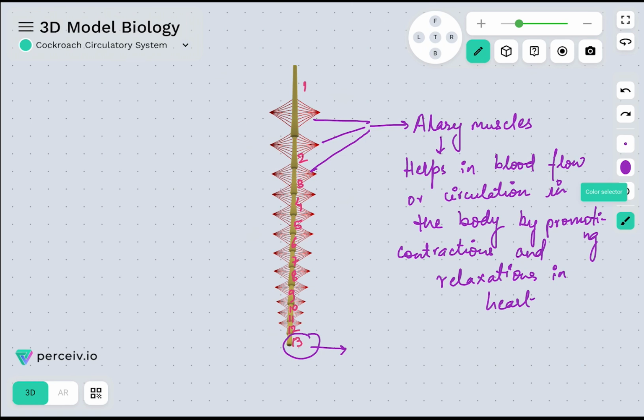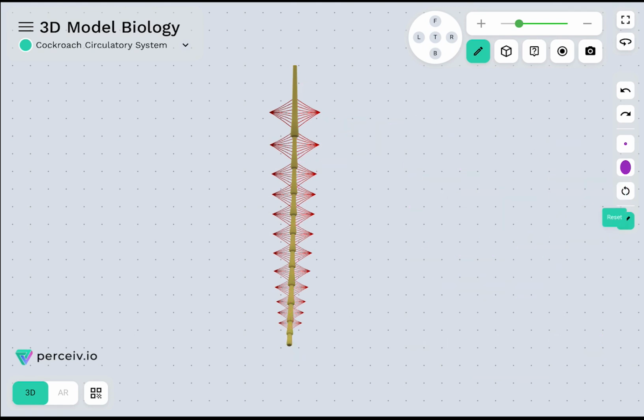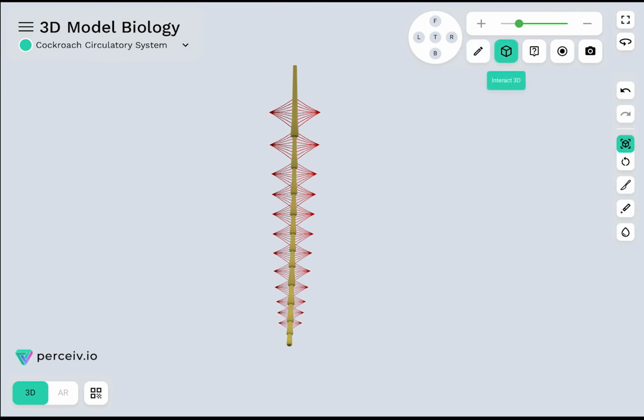So this is devoid of alary muscles. All right, so this is about the alary muscles. Now what about the blood flow circulation? So if I tell you the process of the blood flow in the entire cockroach body, then we can just look at it,